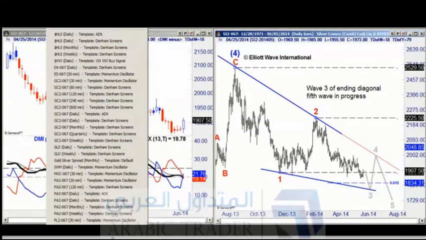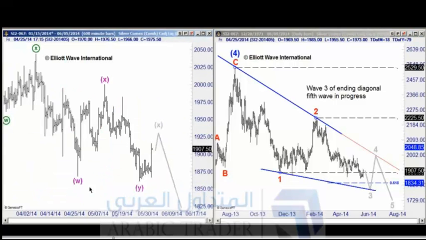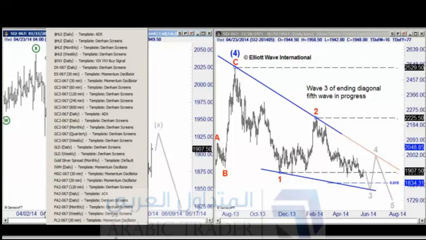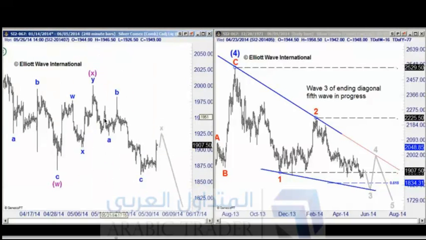and then after that time I would expect to see wave 5 begin to make downside progress. And then looking at some of the intraday charts to keep this in perspective, the internals of a leading diagonal are sloppy. They're not the pretty 5-wave moves, and so we've seen a lot of choppiness inside here. And I think that choppiness is ongoing, and that we're going to see it reach lower and lower. To look at this on the 240-minute chart, you can see that we're getting A, B, C, W, X, Y, X, A, B, C, maybe another X, and then I'm thinking we're going to see prices selling off to lower